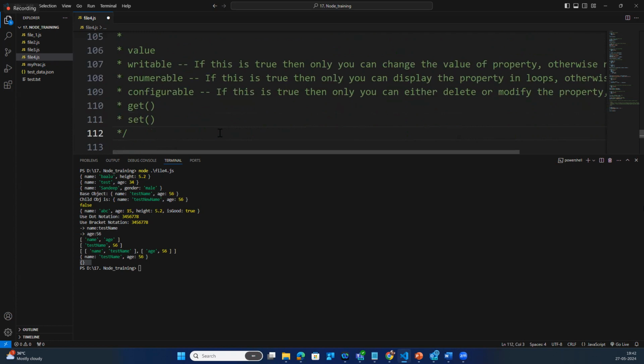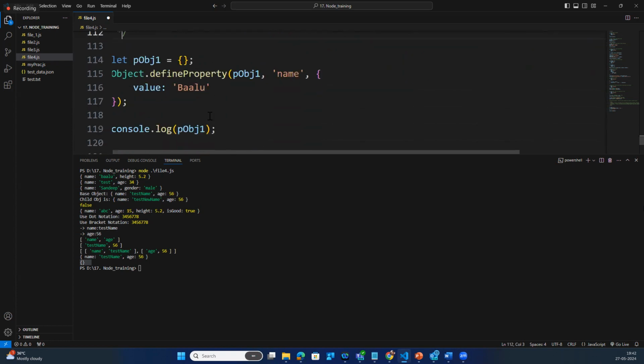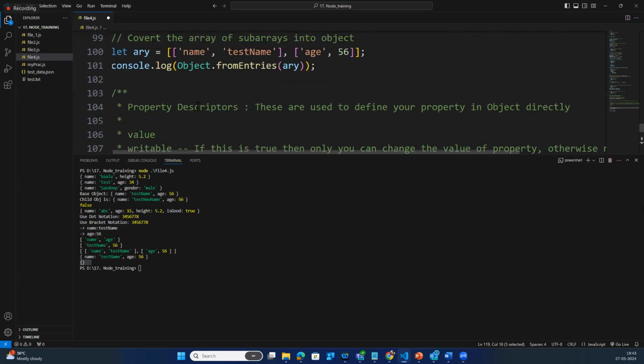Forget about this getter and setter for now. First of all, you saw this one. I have defined a property with the name Balu. I'm using pObj equals to 1. But it is returning an empty object. Okay, if you want